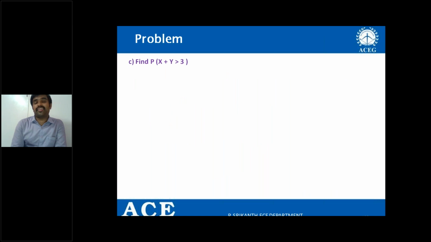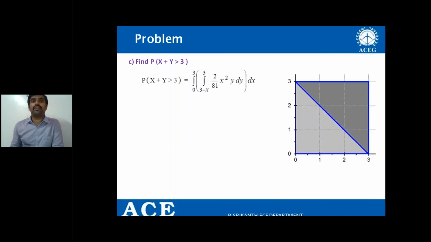Similarly, next question is what? X plus y is greater than 3. Again, in which part we need to take the area? Again, take the same picture here. That is x plus y greater than 3, right? So I can say y is greater than 3 minus x. If x equal to 0, y is 3. If x equal to 2, 3 minus 2, y is 1. Similarly here, so this particular area must be known.